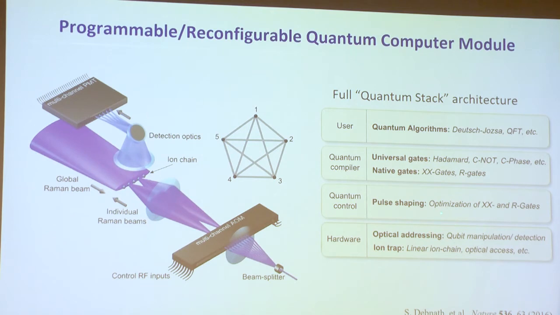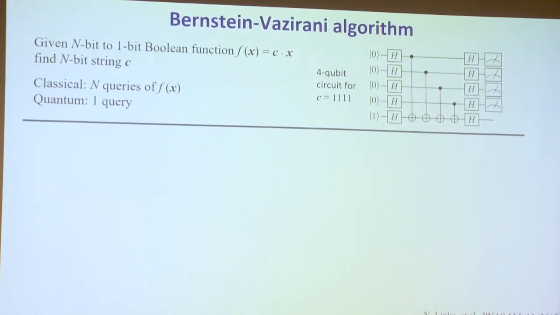We have these native Ising gates. We have to convert them into textbook gates, controlled NOT gates, and then we can read from the algorithm. So this is what a quantum computer needs to look like. It has to have this full stack. For my whole life, I've been pretty much down here trying to work up here, and then all of a sudden, even though it's just 5 qubits, we're able to do the whole stack. And it's been a real fun exercise, because we can do all kinds of toy algorithms and test them on the system. So I'll give you an example.